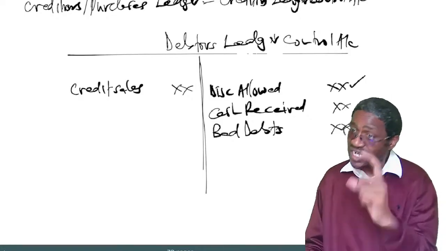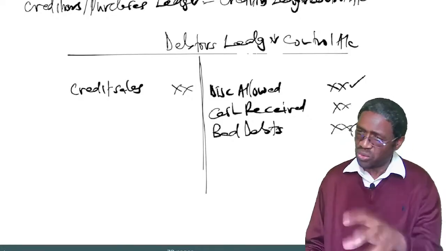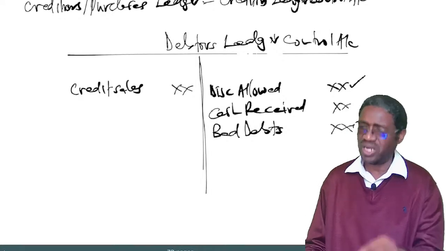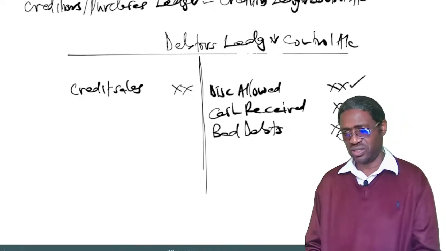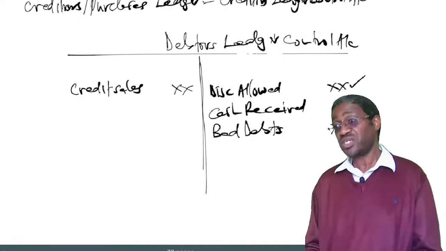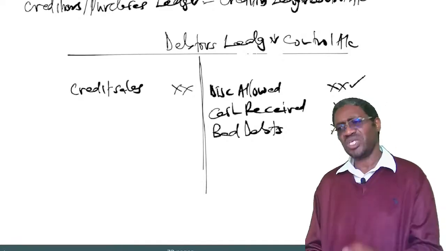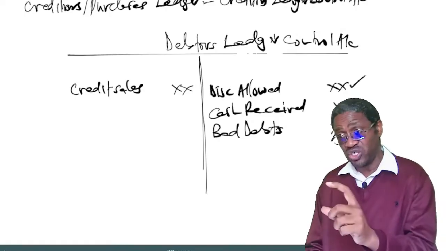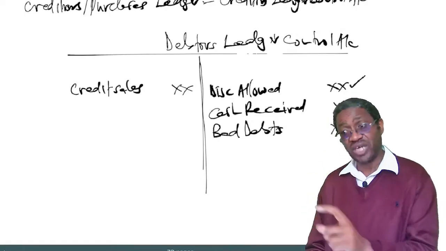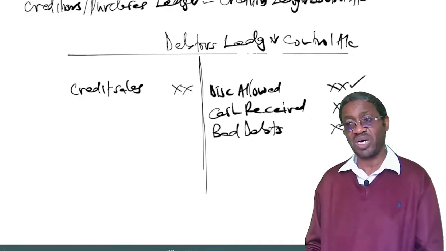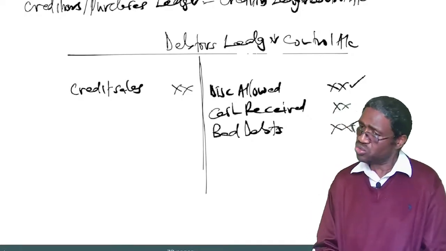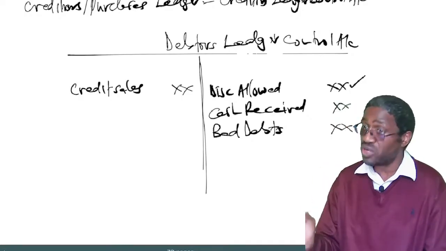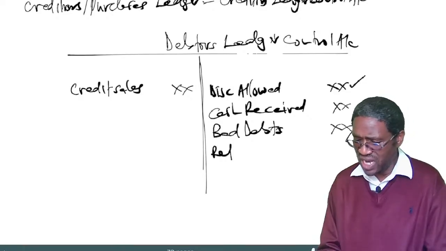When you sold the goods to the customer, you debited debtors with the credit sales. If the customer returns some of the goods, you will have to reduce what the customer owes you. To reduce what the customer owes you, you have to credit. So with any return inwards, you